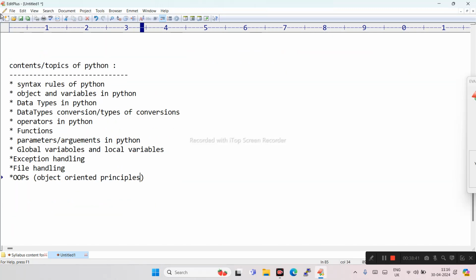So these are the main contents or main topics of Python.